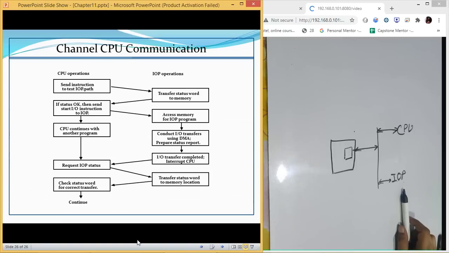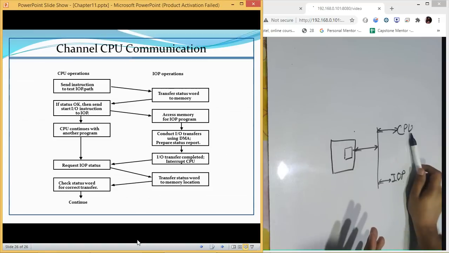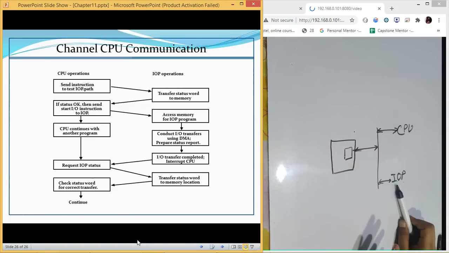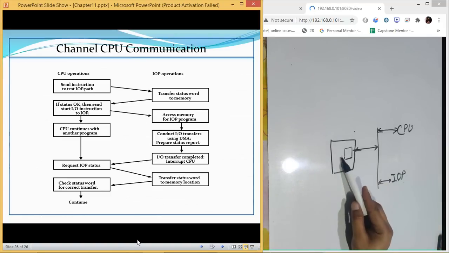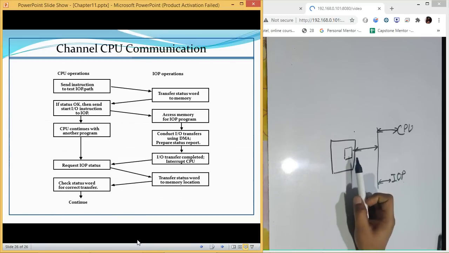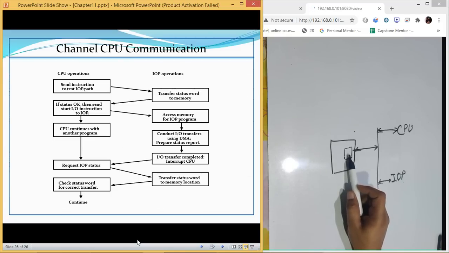The main authority over the memory is the CPU, but the IOP can also use that memory to make transfers, like sending data from the IOP to memory using DMA. But to communicate with each other, they only have a shared space inside the memory.